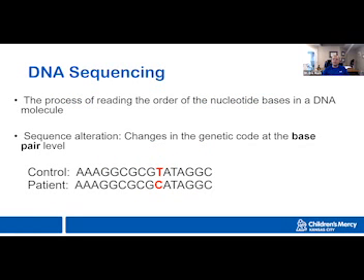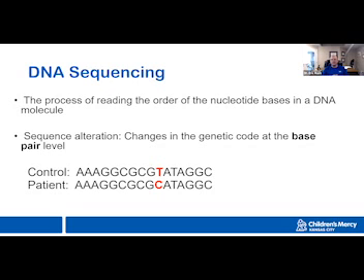So now that we've discussed a little bit about the terminology, how do we actually get to a place where we have a genetic test? How do we actually do this? What we would use for a person who is being evaluated for a ZSD is not the karyotype that I discussed earlier, it's DNA sequencing. We're looking at reading the order of those bases, those A's, C's, G's, and T's in a DNA molecule, and we're looking for changes at that base pair level.